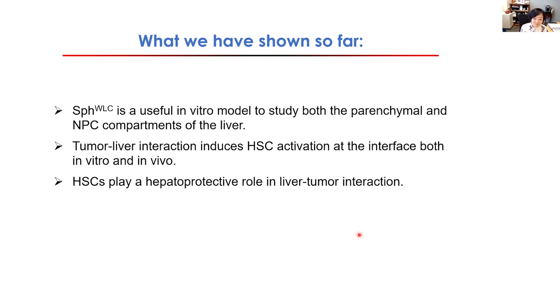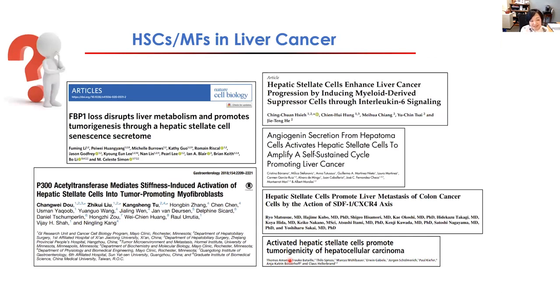So there's a small problem here. What is that? Hepatic stellate cells, or myofibroblasts, have been found at a very high density in many liver cancer cases, so they have been widely studied over the past 10 to 20 years. From all these studies, the message is quite consistent that these activated stellate cells, or myofibroblasts, are pro-tumorigenic in liver cancer. But what we have shown is that they are actually suppressive. They suppress tumor growth, and they are actually protecting hepatocytes. So why is there a difference?